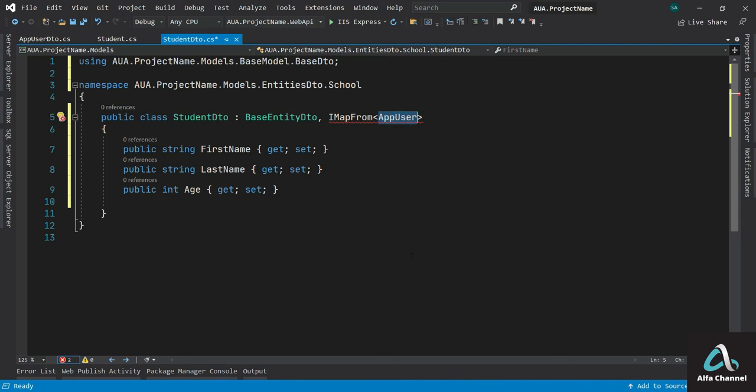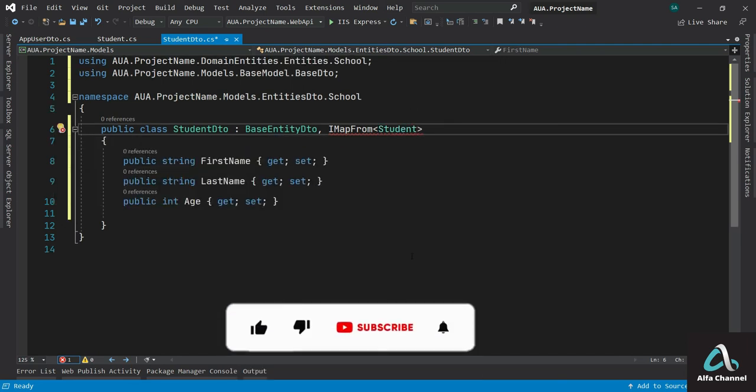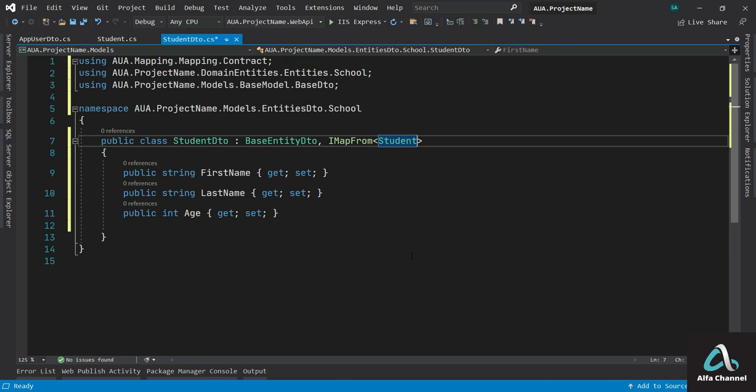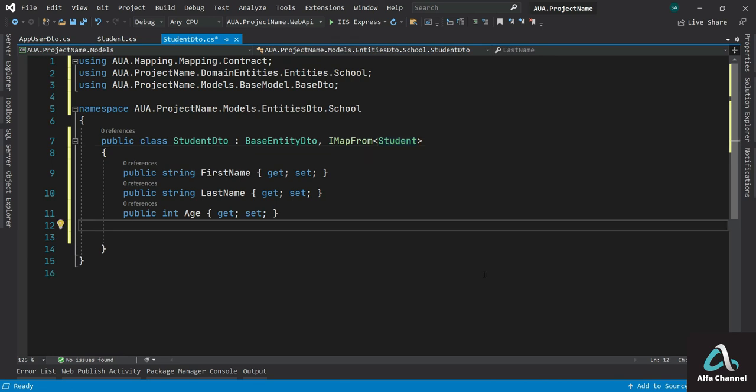And I need to just put the student here. And its usings. You have easily mapped from student to student DTO. Now we can add more fields. For example,